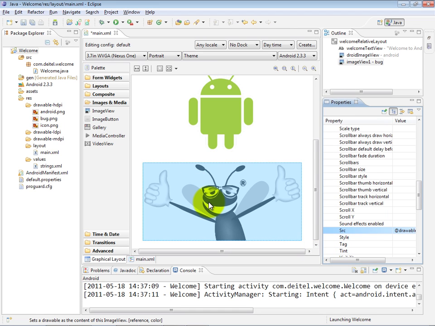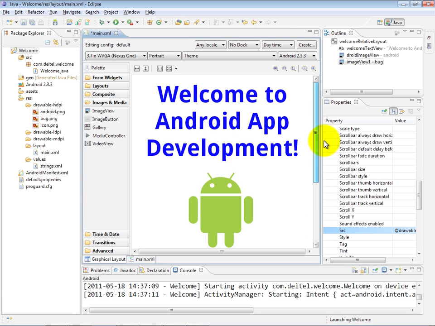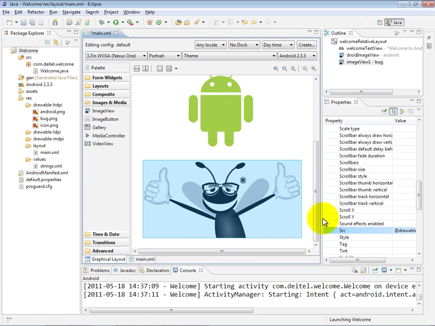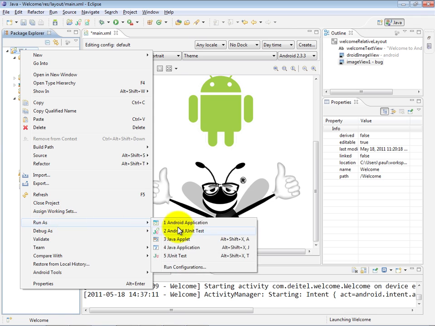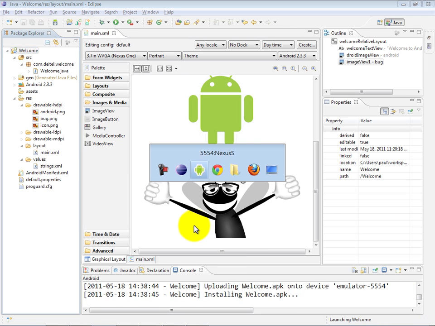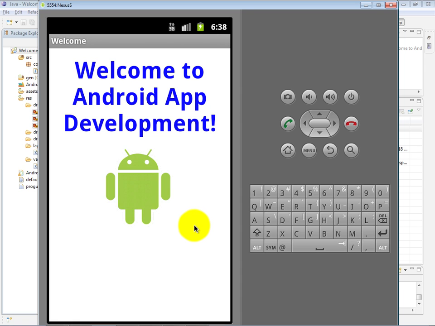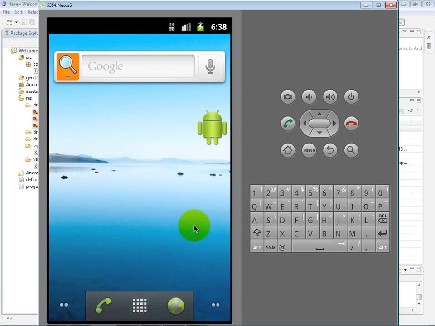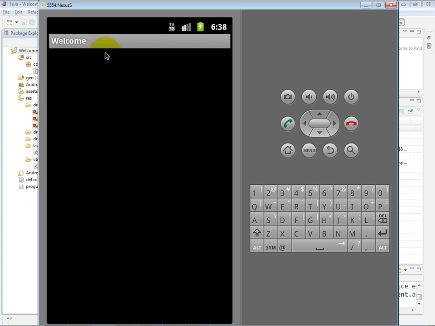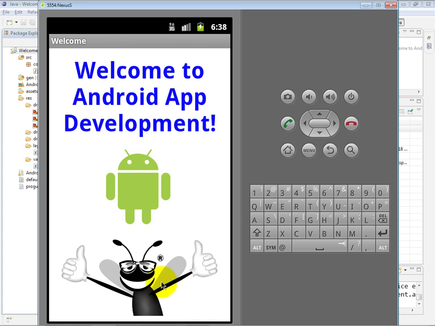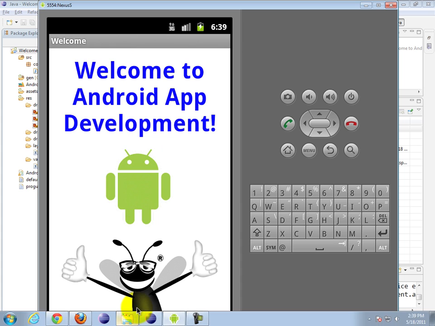Now I have my bug image, and at this point we have the graphical user interface set up the way we want for this welcome app. And of course if we finally go ahead and run this app, we can see in our AVD what that's going to look like in its final form. Just wait a moment for it to come up on the screen here, and now that it's installed the app, we see the welcome title bar string, and we see the text and our two images being displayed on the